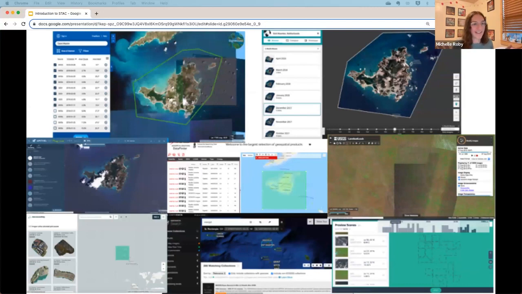So this is the intro of why STAC got started. On this slide, we have a bunch of different screenshots of different data portals from government organizations and private companies, all across the board. And STAC started back in 2019, from the idea of coming to it as a geospatial data user, and there being so many portals out there from different organizations.